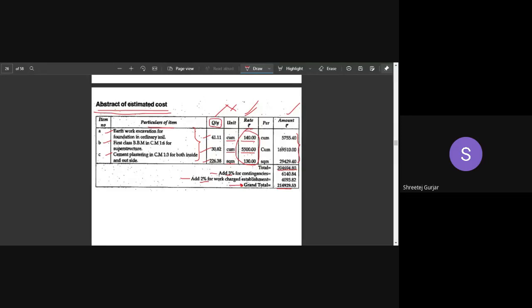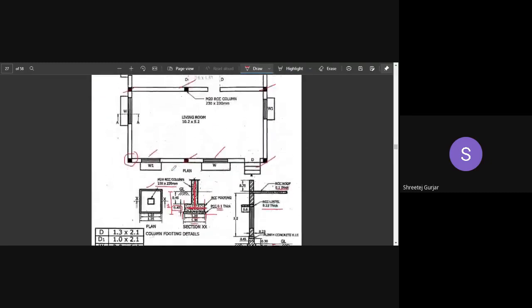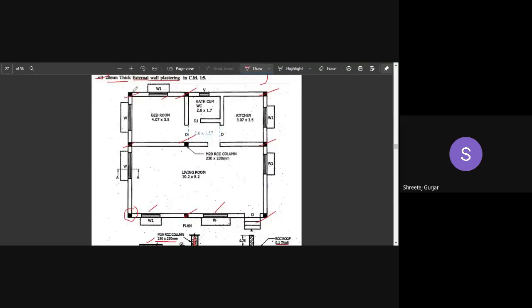So Aryanth is asking what is the distance we have to provide for the column? That will be given in your plan. The distances or your column positioning will be given in your plan. So we do not have to deal with the column placement. Column placement will be provided. You can observe in this plan, columns have already been provided and the location has been provided.